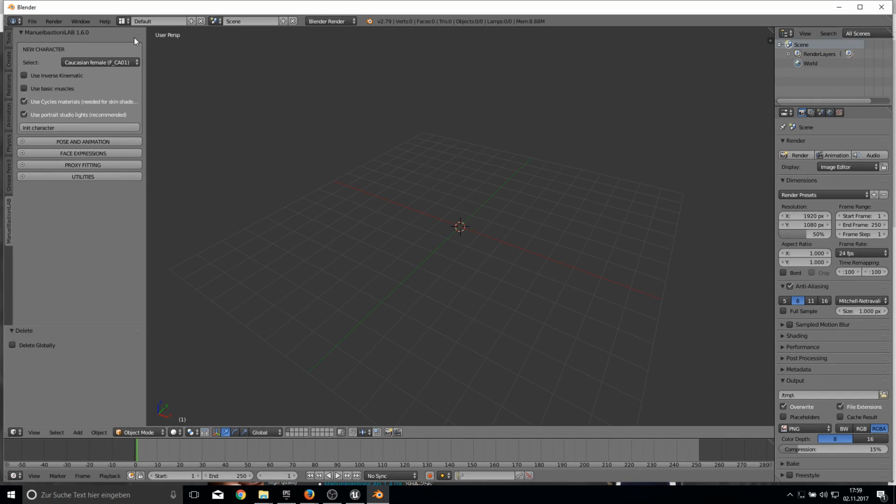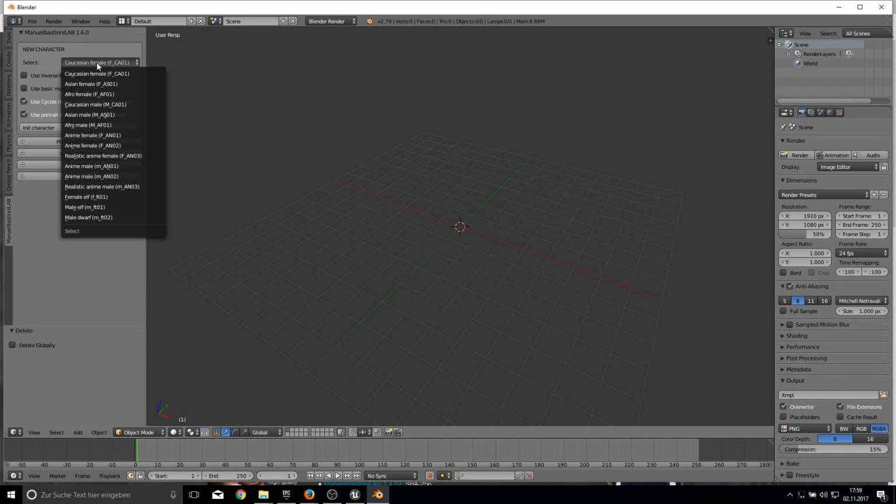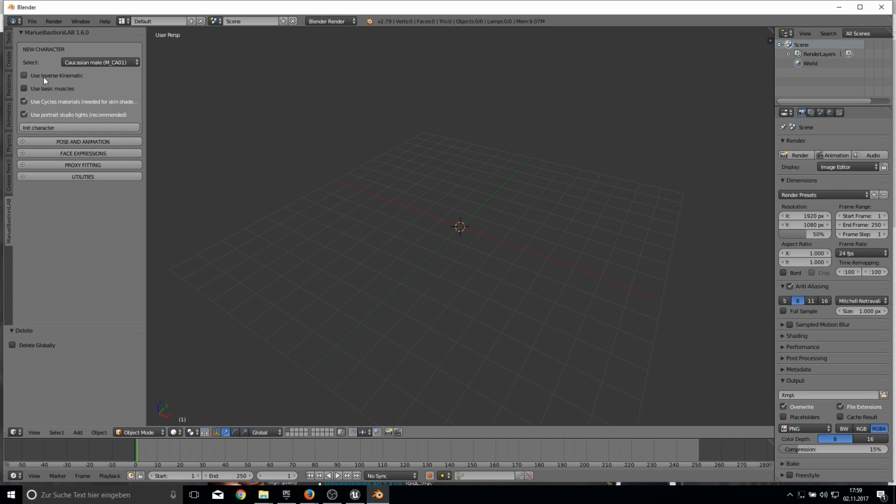So this is also a new UI here. So here we have our character like before. I will use the male here. And now we have our new system with inverse kinematics and a basic muscle system. Also, this new system allows you to actually edit the character after you finalized and created him. Before, when you clicked on finalize and exported him, you couldn't edit him anymore. But now it's possible with this new UI here. So anyway, let's start. Click on init character,